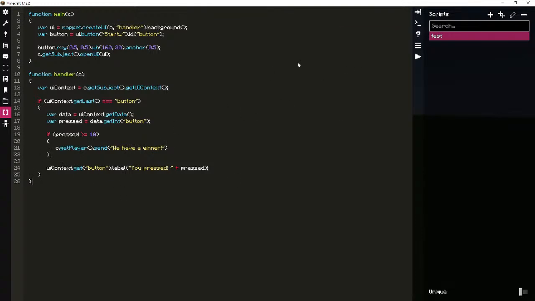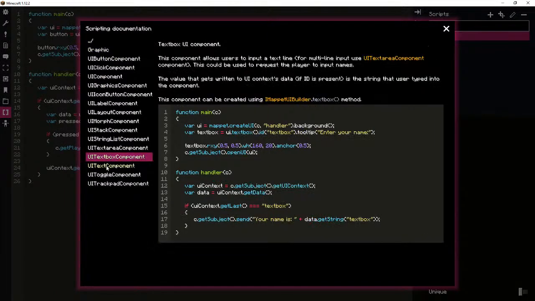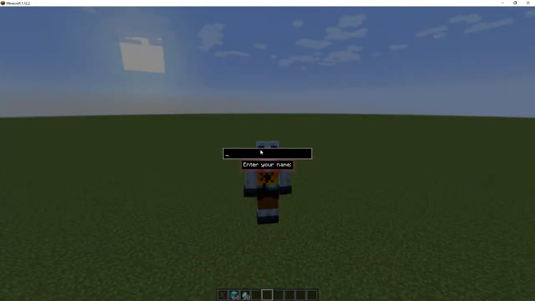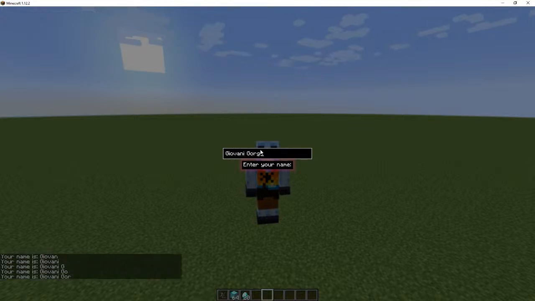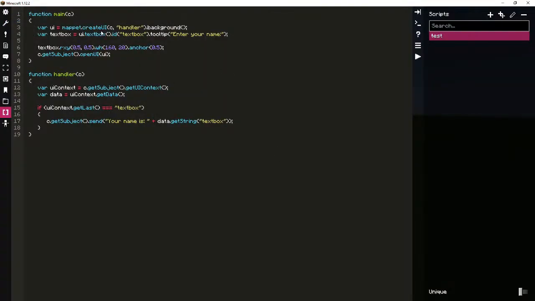So that's UI stuff. You can check, there are way more examples. For example, text box. I can check. My name is like, what's that? Giovanni. Giorgio? No. My name is Giovanni. You can call me just Giorgio. So yeah, your name is Giorgio. I can press a lot, but there is a delay, as you can see, which is what basically happens because